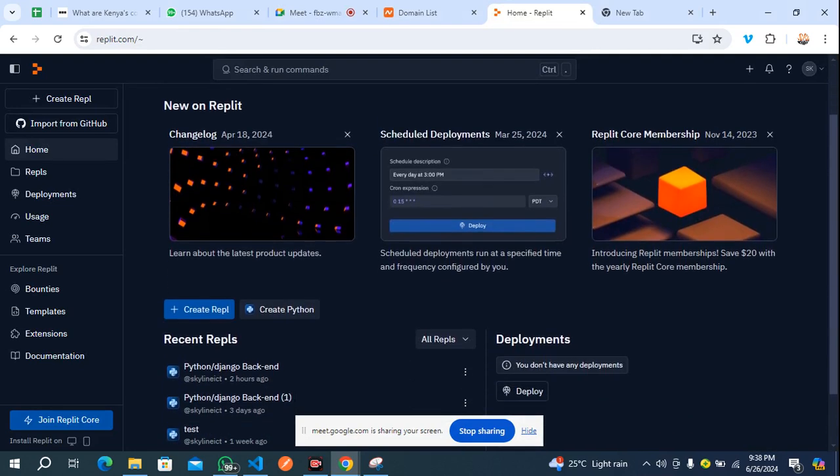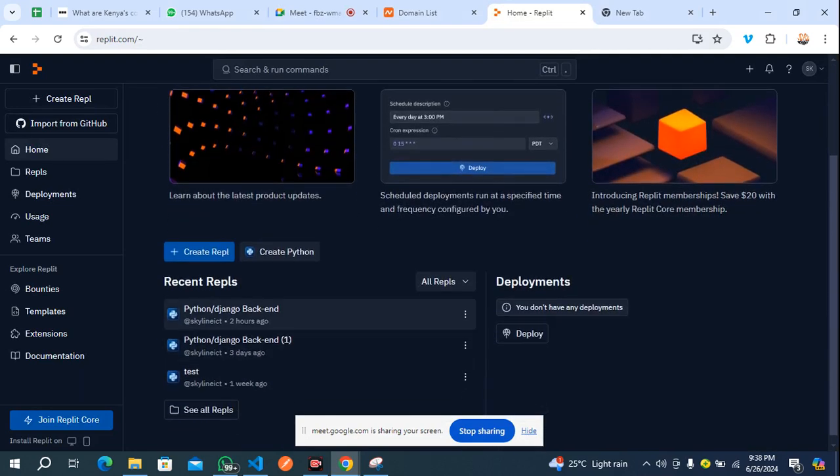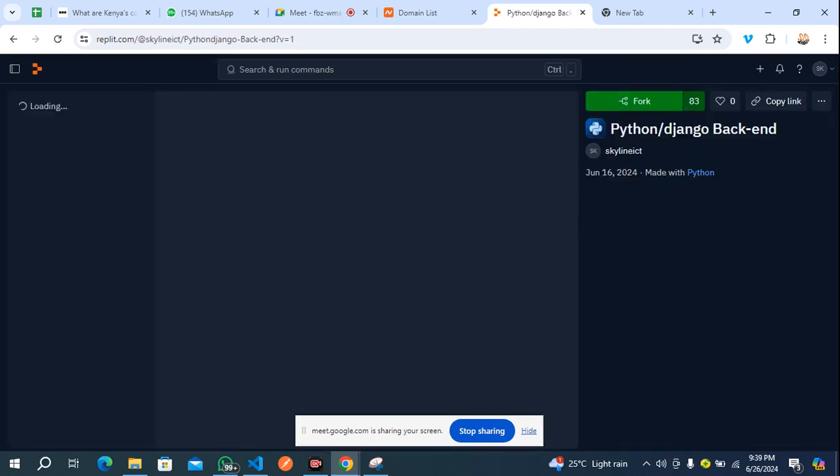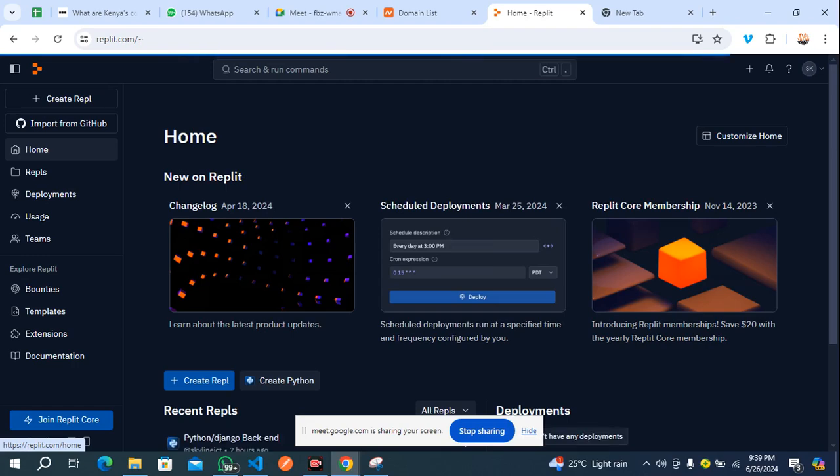For you to follow up with the class with the 100 days of coding, it's also very important that you fork this particular repository that I've created. Then after forking it, you have your own copy of whatever I'm teaching. So that is the first thing you need to do to follow up on the class.